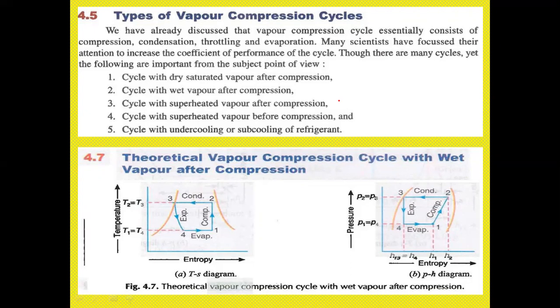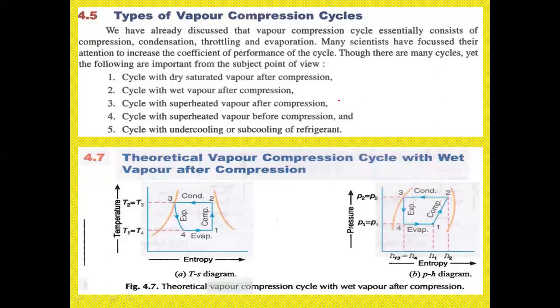Second, many scientists have focused their attention on increasing the coefficient of performance. So for this vapor compression cycle, we have four components. One is the condenser, the other one is the evaporator, the third one is a compressor, and the fourth one is the expansion device